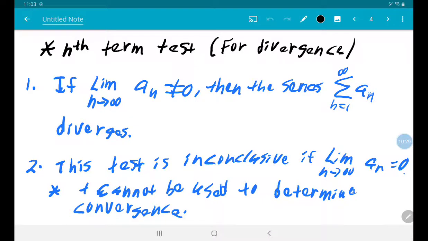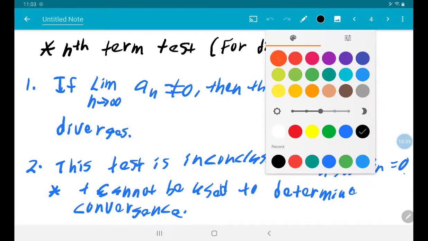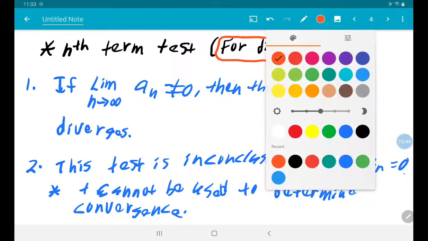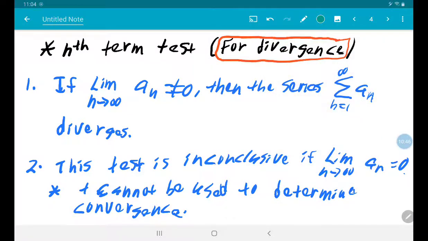Nth term test, one of my favorites. It's really easy. One thing I am going to tell you, it is the nth term test for divergence only. It cannot be used to determine convergence, so please keep that in mind. And it basically says this: if the limit as n approaches infinity of a sub n is not equal 0,